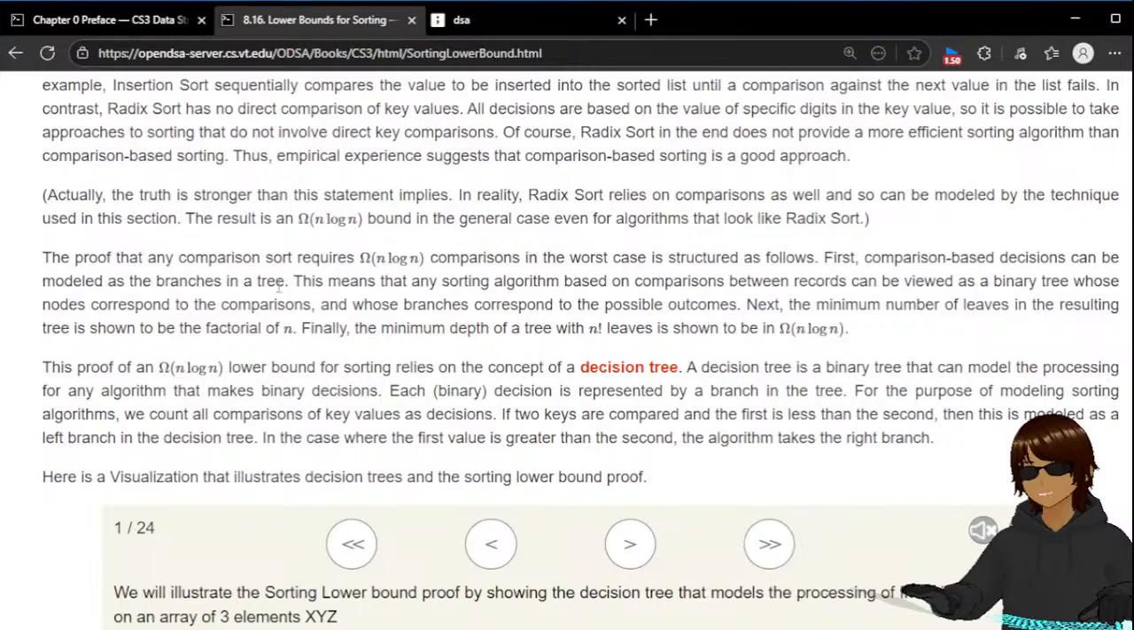The proof that any comparison sort requires omega n log n comparisons in the worst case is structured as follows. First, comparison-based decisions can be modeled as branches in a tree. This means that any sorting algorithm based on comparisons between records can be viewed as a binary tree whose nodes correspond to comparisons, whose branches correspond to the possible outcomes. Next, the minimum number of leaves in a resulting tree is shown to be n factorial. Finally, the depth of the tree with n factorial leaves is shown to be